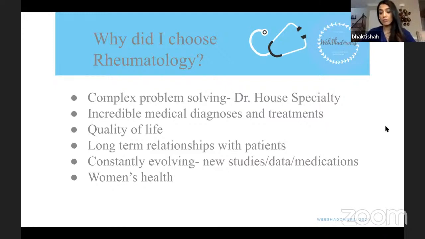In terms of women or men, I tend to see slightly more women in my practice, just again, because autoimmune conditions impact women more. I would say the percentage is about 60% women, 40% men. And in terms of ethnicity, I also see everything. I work in a part of New York that is relatively still diverse, so I see patients from all sorts of different backgrounds. And that is, again, why this field is exciting. It's not just narrowed in on a certain demographic. You see a wide variety of patients.